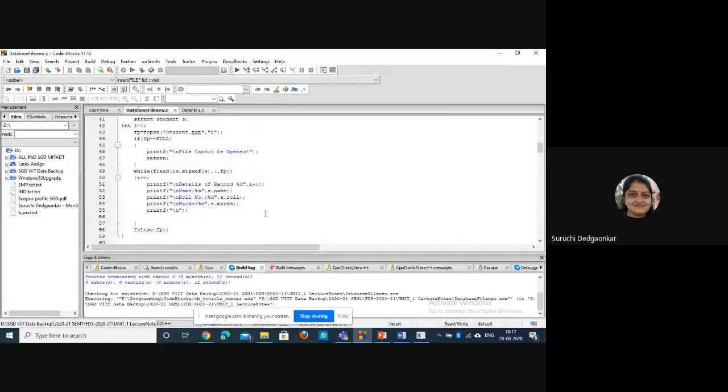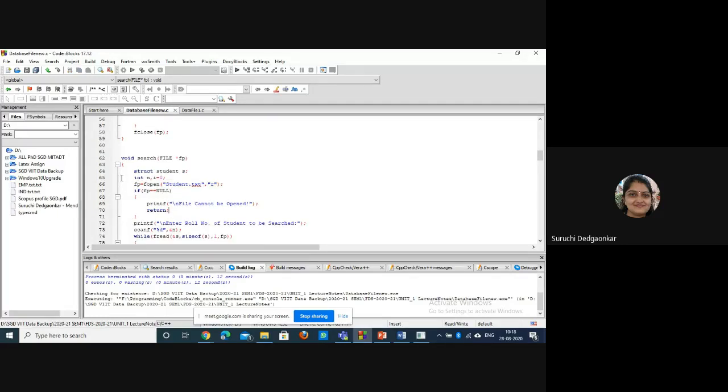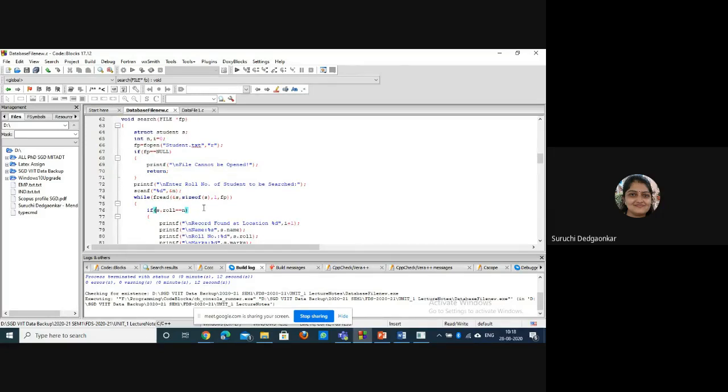Okay, then in the search function, searching again is according to the linear search. We are following the linear search algorithm here. So we will open the file in the read mode again because we will start comparing the key from the first record itself. Okay. So the file is opened in the read mode, and we are accepting the key with which we have to compare the roll number of every record. Okay, key is getting accepted, then we are starting reading the record. So this S is our current record, and we are comparing S dot roll number with N, that is key.